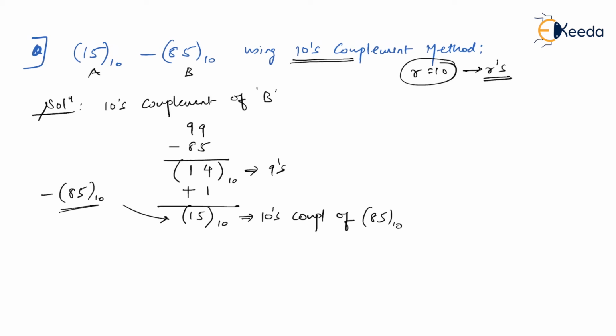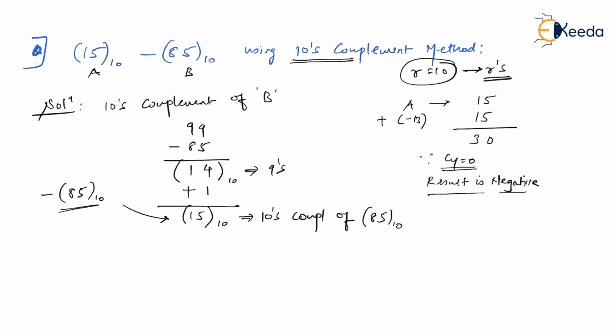Let's do that. So I'm moving to step number 2, where I'm going to add A with minus B, that is nothing but tens complement of B. So what is A, guys? A is 15 to the base 10. What is B? That is not B but minus B. What is minus B here? So it is 85 to the base 10's complement, that is 15. 5 plus 5 is 10, 1 plus 1 is 2, but it is 3. Okay, but can't you see there is no carry? Since carry equal to 0, what does that indicate? It indicates the result is negative, and it is not in true form.